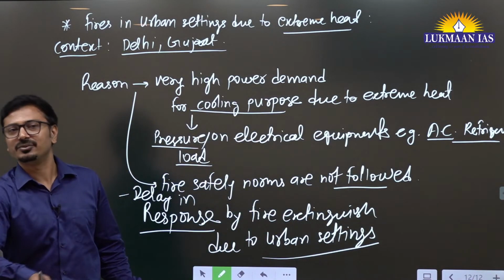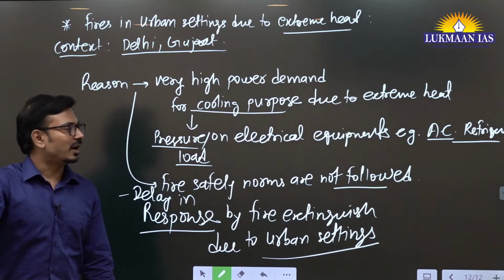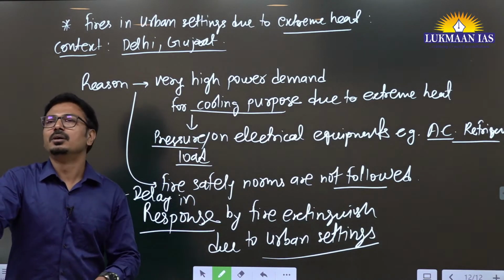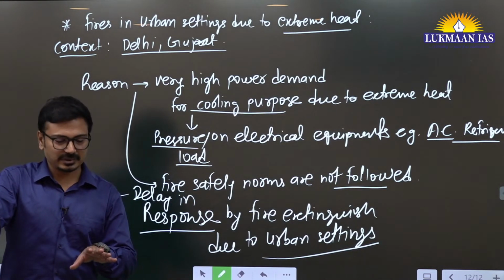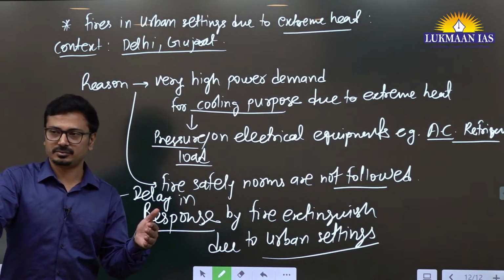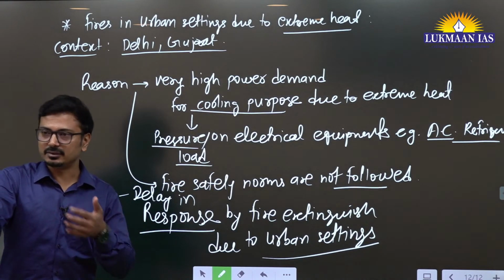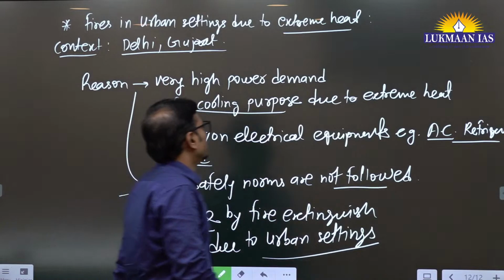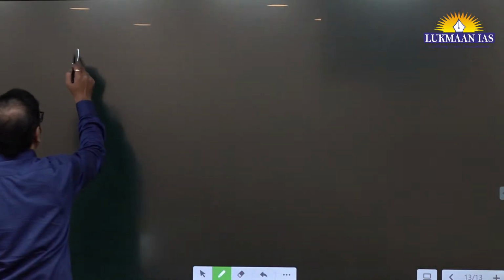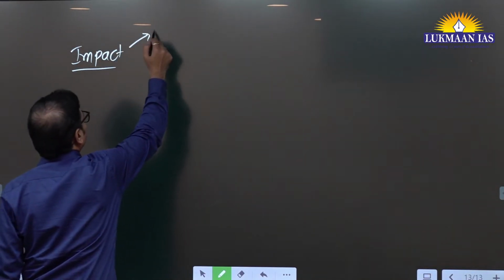Any short circuit will result into a big fire, right? So urban fires they have, हमने एक ईडी लिया था उस टाइम पे, तो the urban fires they are very different from other types of fires, ठीक है। The reasons, ठीक है।